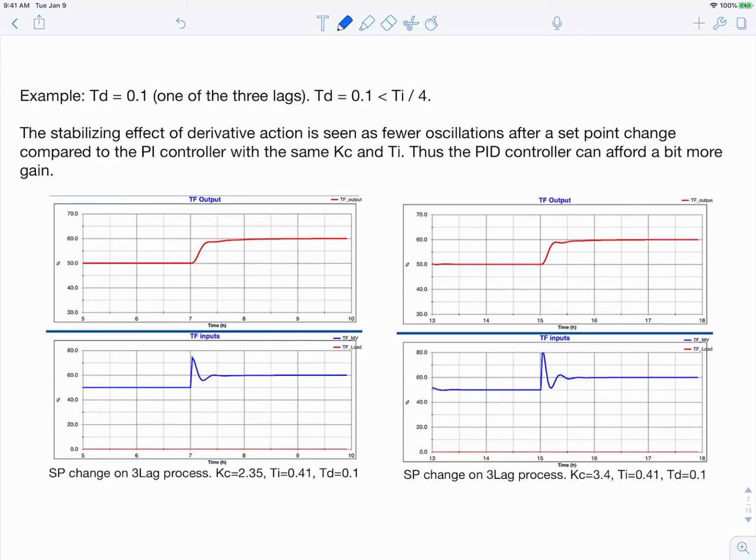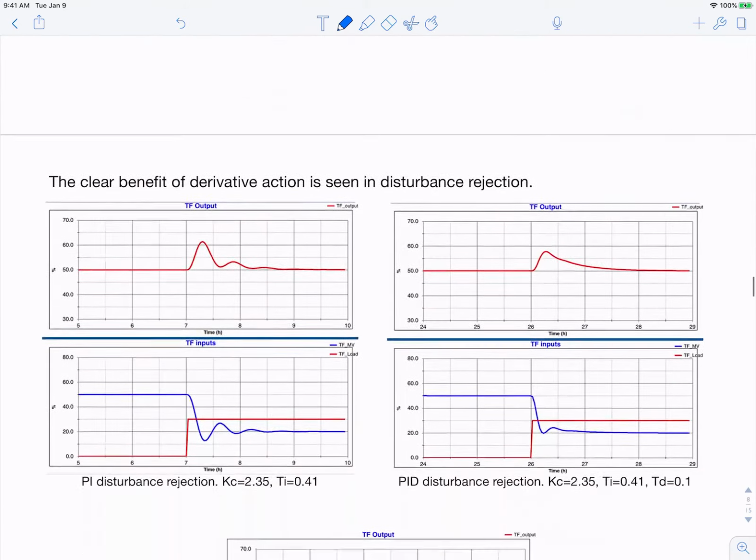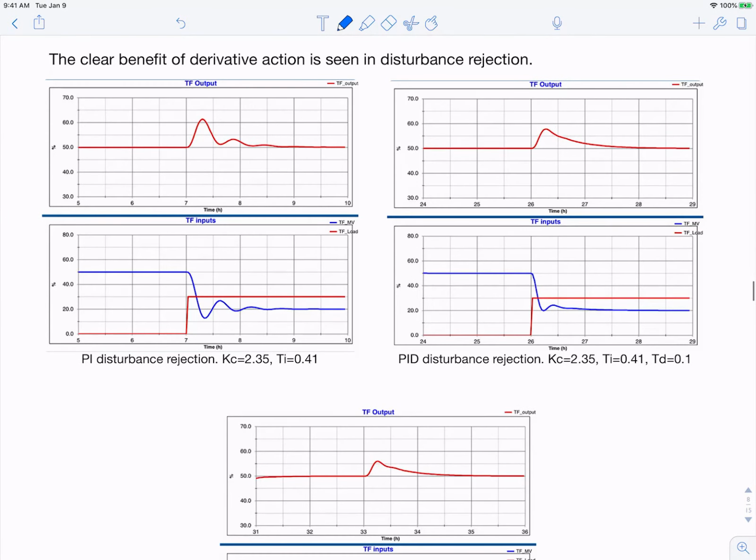So we actually try to increase the gain a little bit, and we can go from 2.35 to 3.4, and we don't see much of a difference in the set point response. However, the benefit of derivative action is clearly seen in disturbance rejection. So here's the same process, and on the upper left is the PI controller with 2.35 gain and 0.41 reset